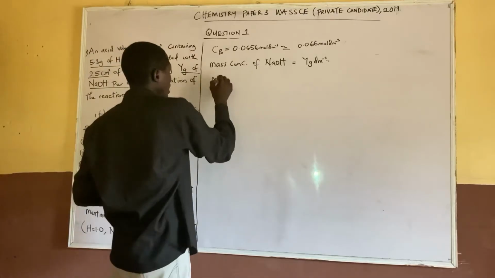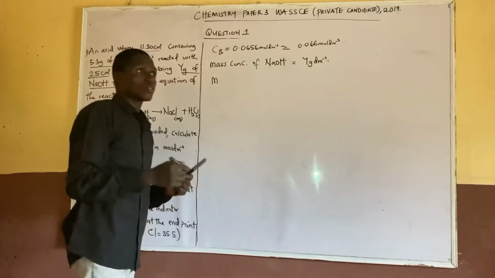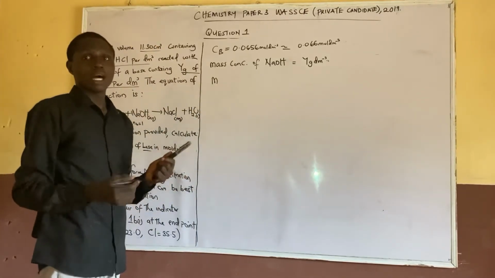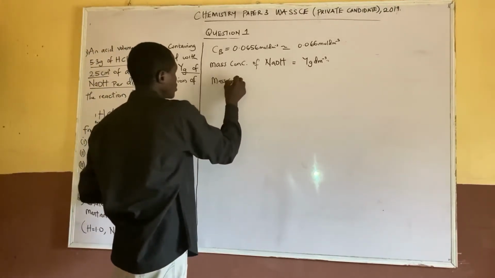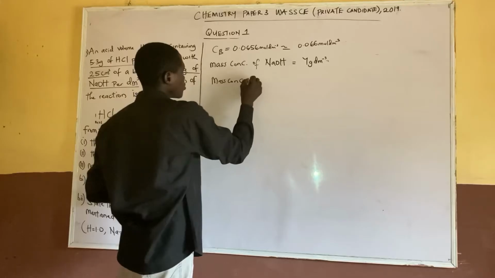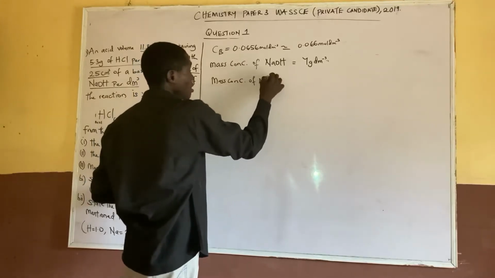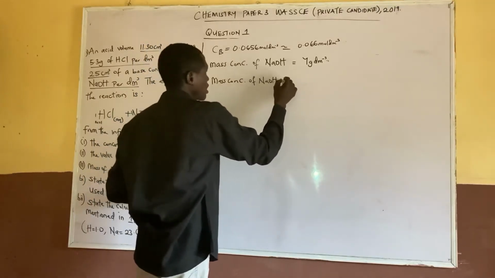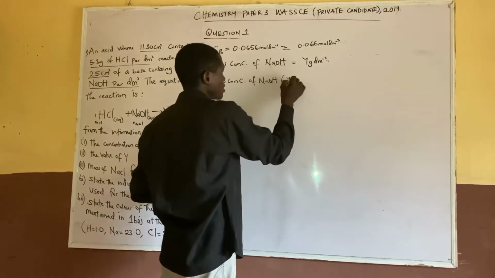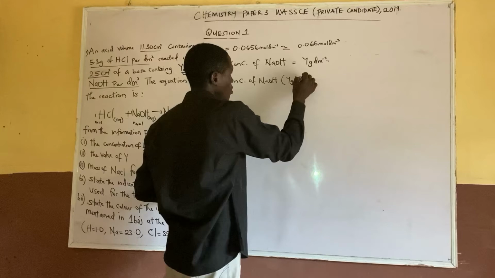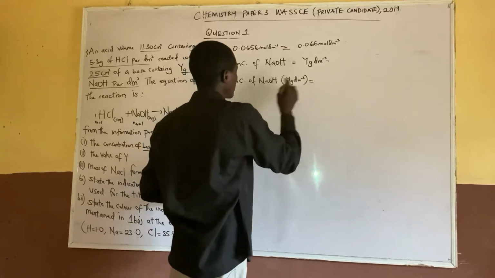Remember that molar concentration is equal to mass concentration all over molar mass. When you cross multiply, the mass concentration of sodium hydroxide, which is the same as y per dm cube, is equal to